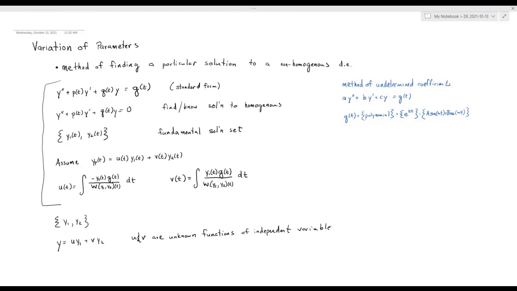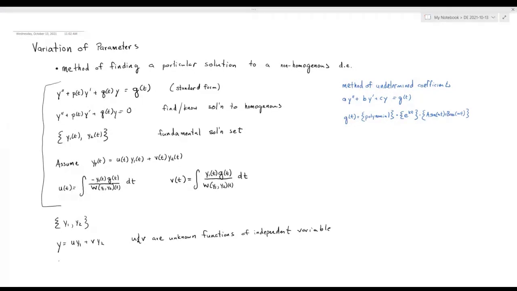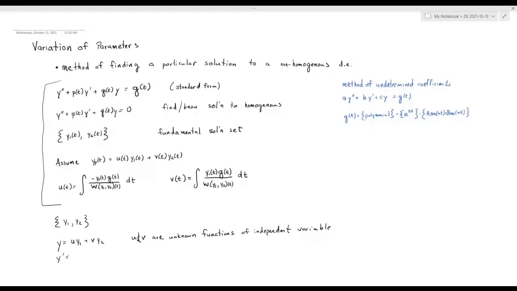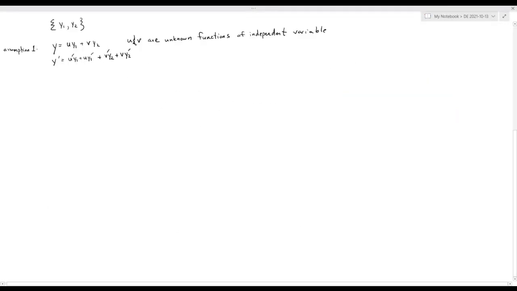Now, to see what u and v have to be, as always when we make an assumption, we're going to have to find the derivatives, and we're going to use the product rule. So here's the product rule for the first term, and here's the product rule for the second term. Next, we're going to make another assumption. The reason we can is because it works. Maybe that's a naive reason. So assumption 2 is that